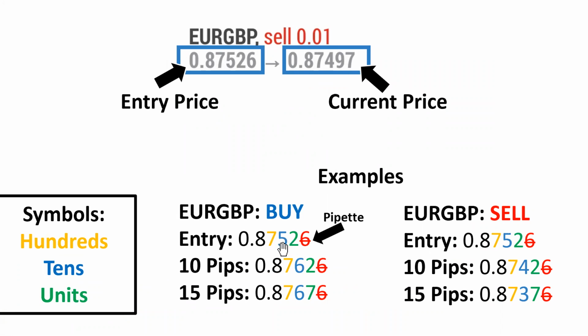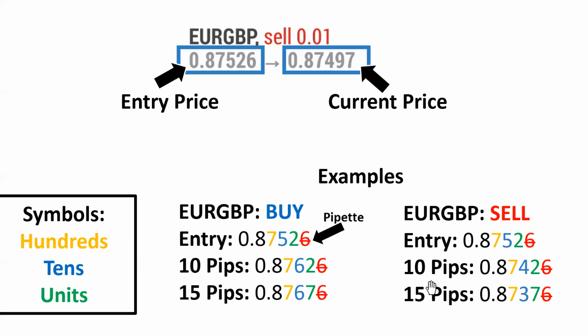So say for example, we're going for a buy. If I was working out a trade that was 30 pips, I would look at the 10 and look at that. 5 plus 3, because obviously the zero's there. 5 plus 3 would equal 8. So 30 pips will be 0.782 and 6. If I was doing a sell, I would subtract the 3 from the 5, and it will make it